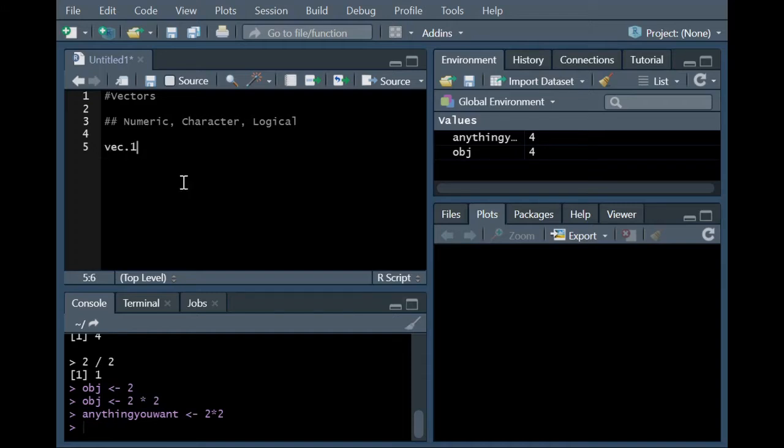So if I wanted to create an object called vec1, and I want to assign a series of numbers to it, I have to use a function which is called the concatenate function, which is just the letter C here, and then you open parentheses after it, and inside the parentheses you put all of the different values that you want your object to contain. So here I'm taking the numbers 1, 2, 3, 4, 5, and 6. I'm concatenating them, or combining them, into one string of numbers,